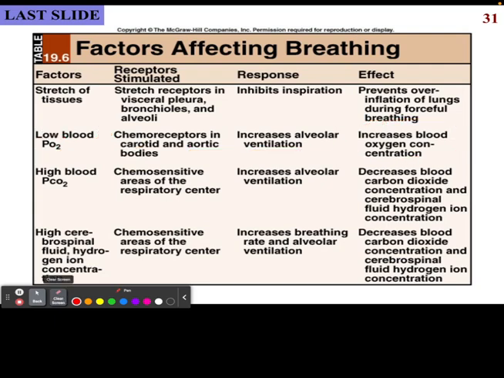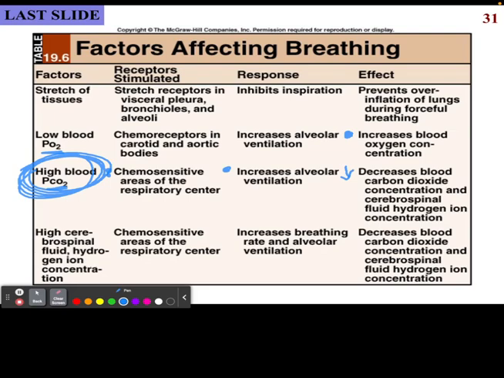The next one, like I mentioned in the earlier video, instead of focusing on oxygen, we have high CO2. Again, we have different chemoreceptors, and they're also going to be triggered. Again, different scenario, it's CO2 instead of oxygen. Different chemoreceptors, same response, right? It's going to tell us that we need to increase our alveolar ventilation. The effect is also different though, right? In the first case, we increased oxygen because we had too low of oxygen. But in this case, we are going to decrease CO2 so that way there's less CO2.